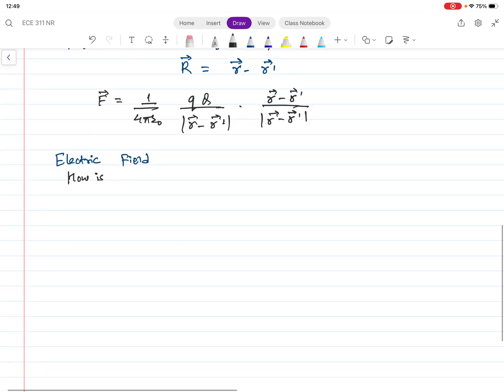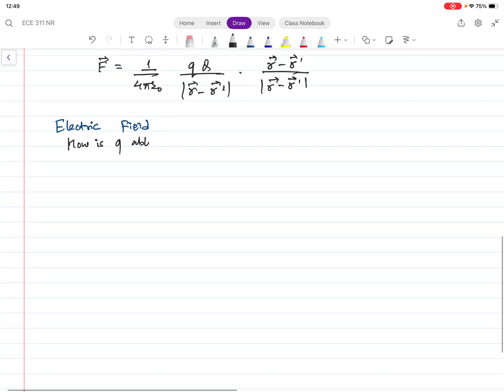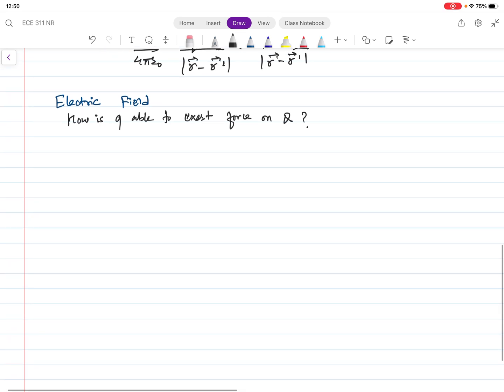So now the question is, how is small q able to exert force on capital Q, because there is some distance between them? We still don't have a concrete answer to this question, but the solution proposed by field theory is